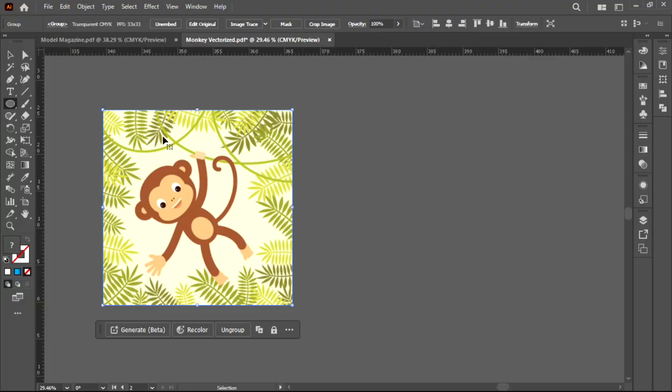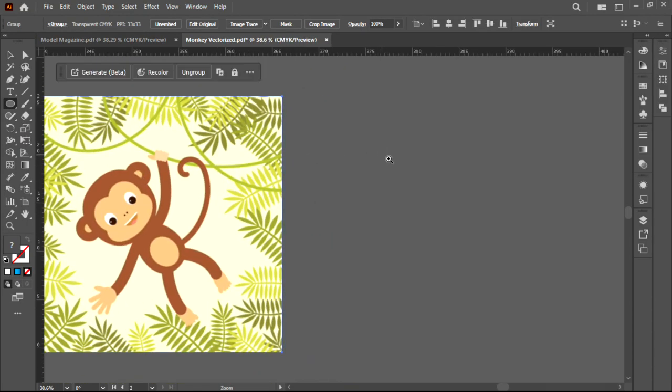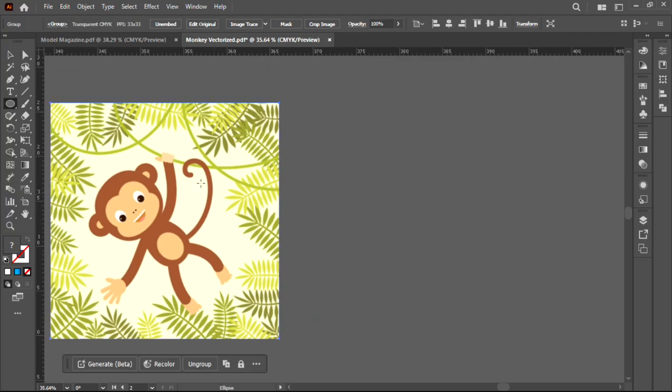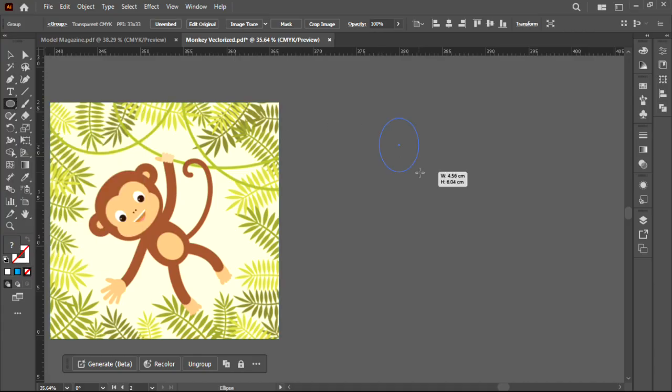So this is what we have. We'll be dealing with this. So first, draw the face or make the head. I'm using the ellipse tool. I use the ellipse tool there. Draw the head,